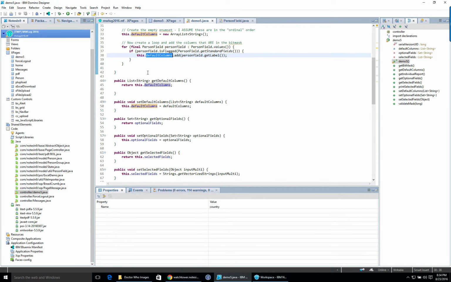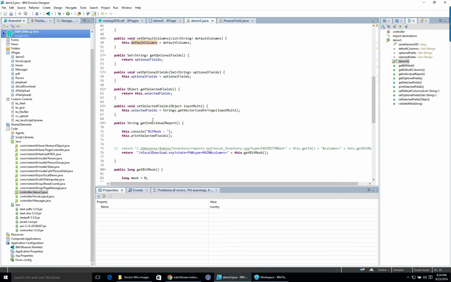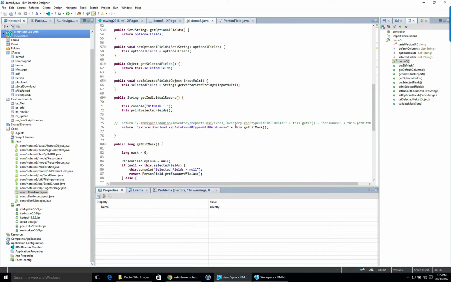And then we've got just some other stuff here for getters and setters. And this is the stupidest method that I have. It's a long story here. But this is what's going to call the X agent, which again now it is in this database, but in the day job it was not in this database. It was in another database. Okay, and it's going to pass in the state. It's going to pass in the type of report. So it could be used for different types of Excel reports, and it's going to pass in the